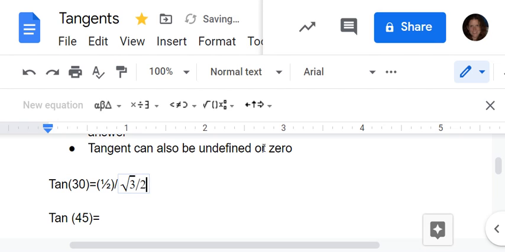All right, well, that doesn't really work for us because we are going to have to simplify that. So we're going to end up with 1/2 times 2 divided by